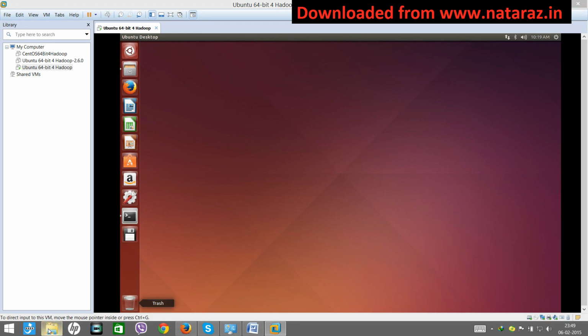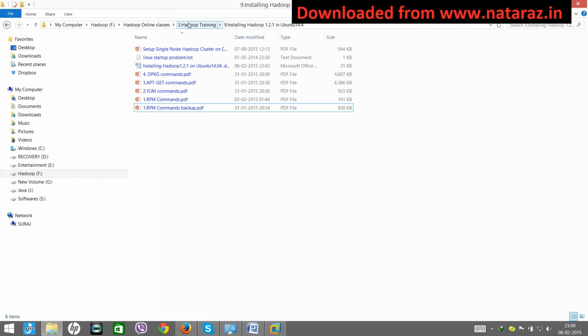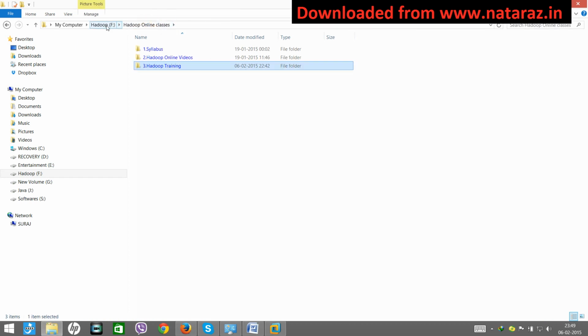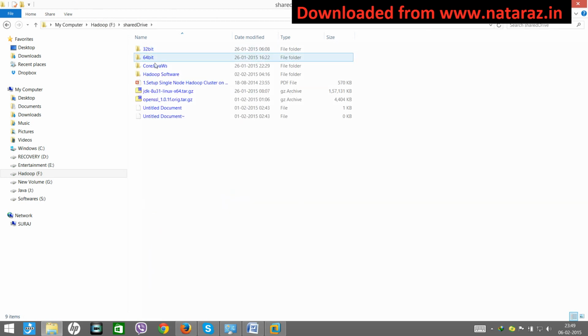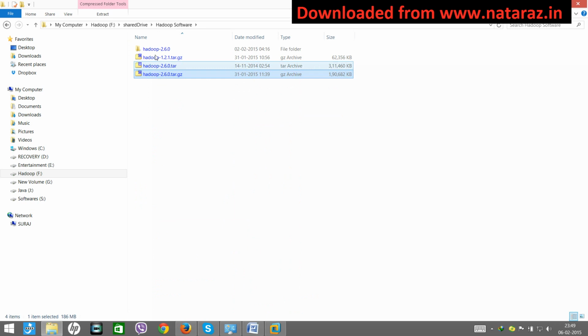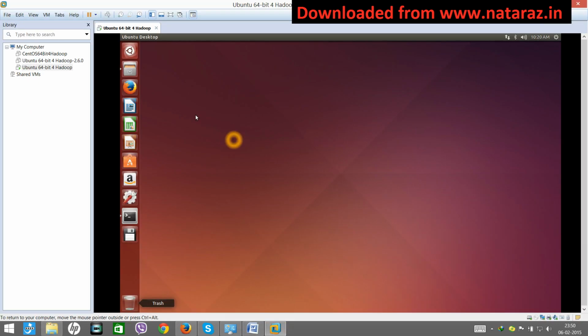Otherwise, what you can do is download that and silently put it on your shared drive. I downloaded the Hadoop software from the internet and pasted it here. Now you can get access to this from your shared drive.